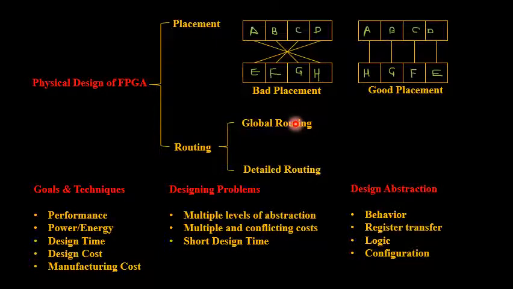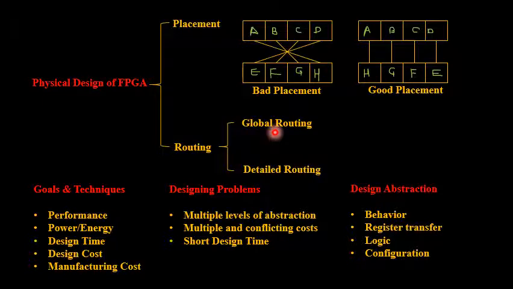It is according to your wish. Detailed routing means you have to provide the wiring system with an exact geometry. Just like this, it can take either a horizontal path or a vertical path, as we have seen in the FPGA interconnect explanation. So accordingly you are going to use the wiring system. So either you can have a global type of routing or a detailed type of routing.